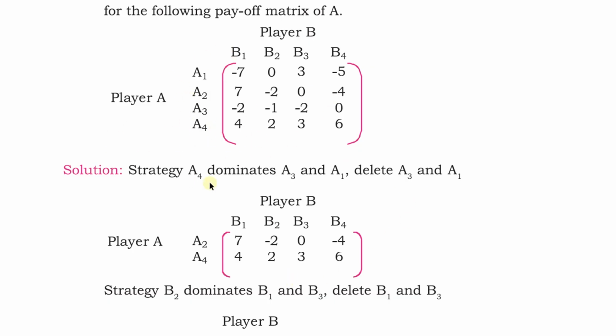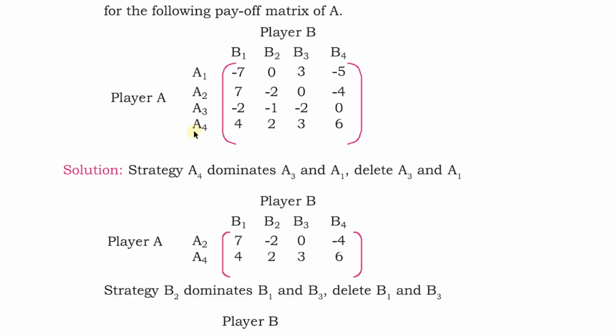So if you take this with A3, then 4 is greater than -2, 2 is greater than -1, 3 is greater than -2, 6 is greater than 0. Therefore A4 dominates A3. Next compare A4 with A2. 4 is less than 7. 2 is greater than -2. 3 is greater than 0. 6 is greater than -4. All elements are greater than the A2 elements, but only one element is smaller. If this would have been equal, then A4 could have dominated A2, but here in this case A4 does not